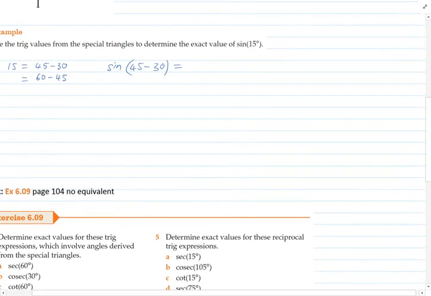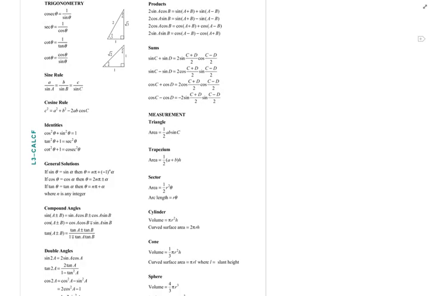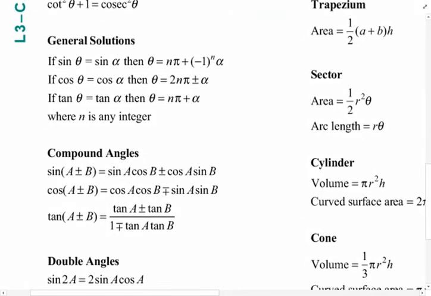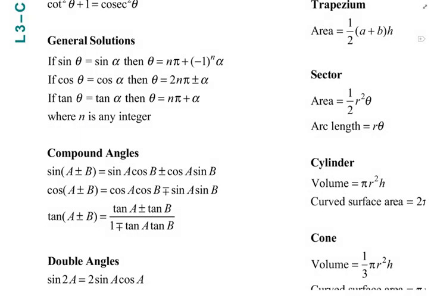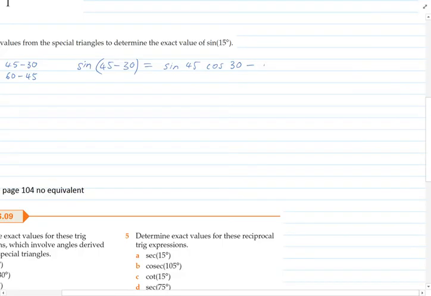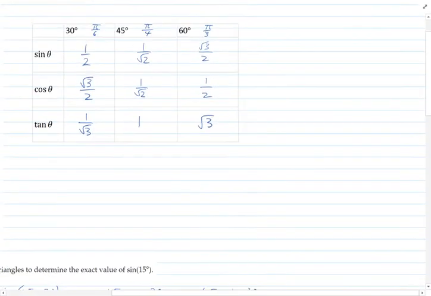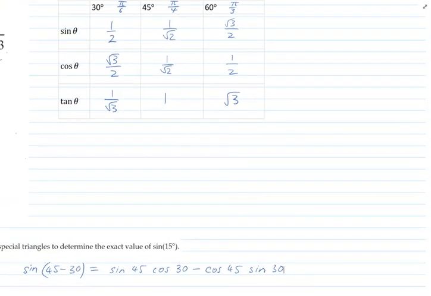So we're going to use the compound angle formula here. So that's this top one here. So sine A cos B minus cos A sine B. So let's write that out. So that's going to be sine 45 times cos 30 minus, make sure we get it right, cos 45 sine 30. And we're going to substitute in these exact values from our table up here, and so we're going to have